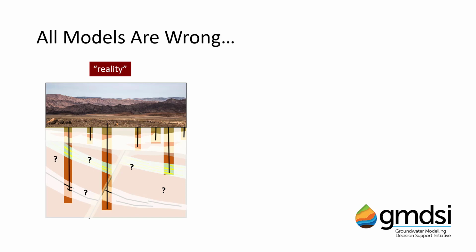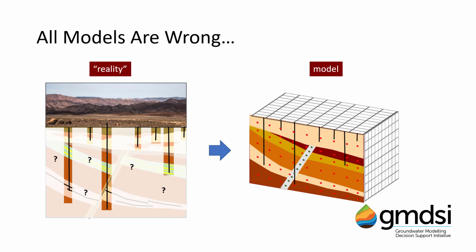Added to all of this, models are by definition simplifications of these systems, subject to limitations of scale, discretization, and so on. Model cells in which the partial differential equations are being solved are much larger scale than the representative elementary volume at which those equations are supposed to be applied. As such, hydraulic properties in the model cell reflect upscaled or complex combinations of these parameters. Boundary conditions are inherently rather coarse simplifications of the physical processes which occur at the limits of our model, and the list goes on. So not only do we know little about the detail of any given system, but the little that we know often does not translate directly to values which in a numerical model may allow for a meaningful simulation of that system.